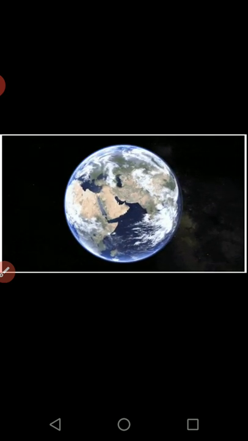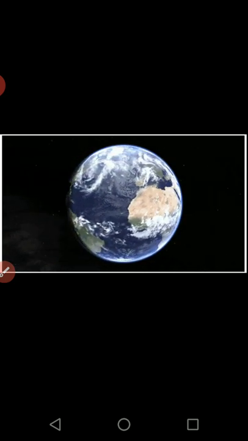Now on this you will find that there are green, white, blue, so many different colors we can see. We can identify from here only that there are some pieces of land also there. There is a huge amount of water. The white patches which we could see, they are the clouds. Somewhere they are the snow covered regions also. The earth is constantly moving also, here you will see.